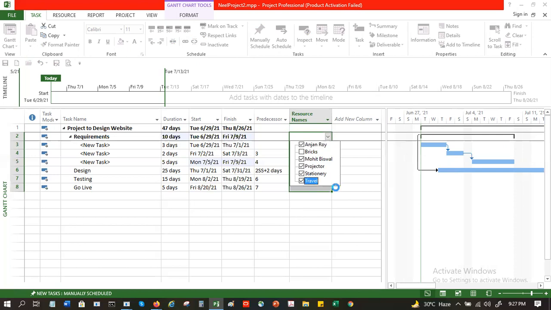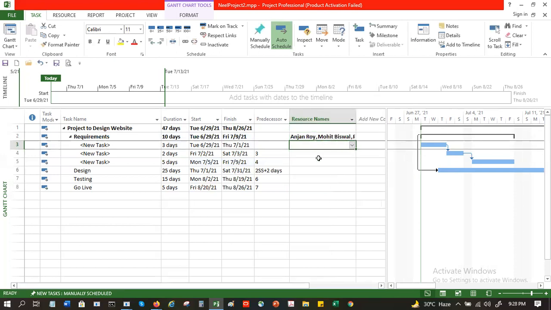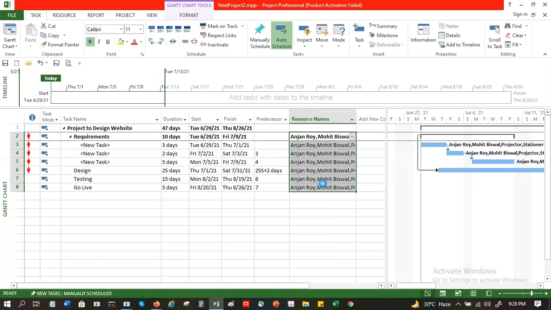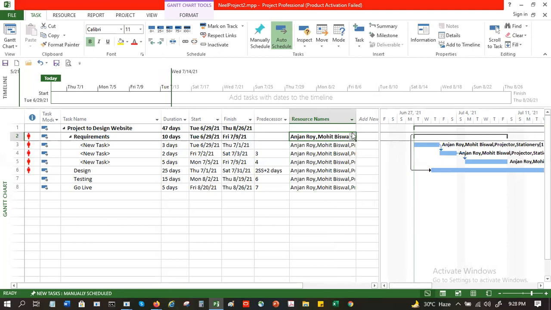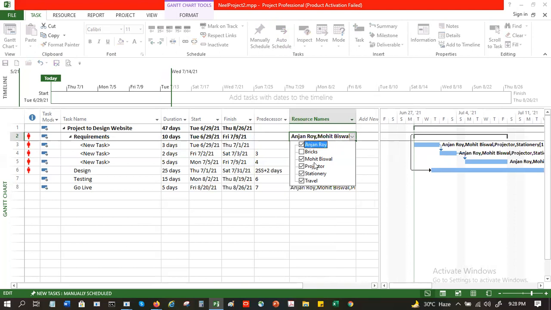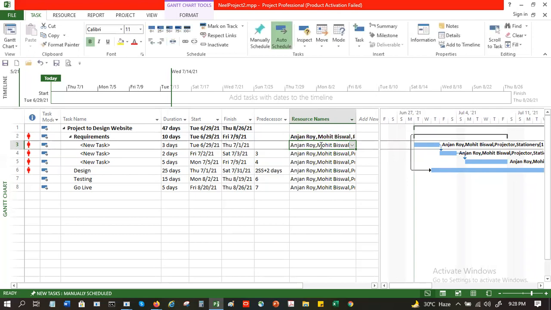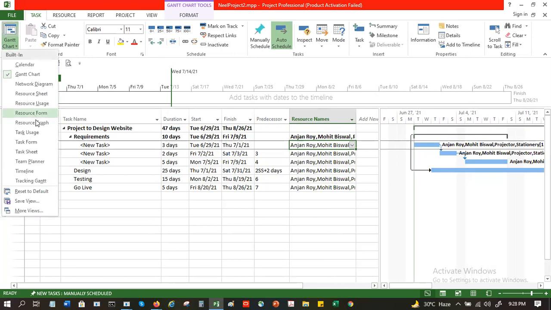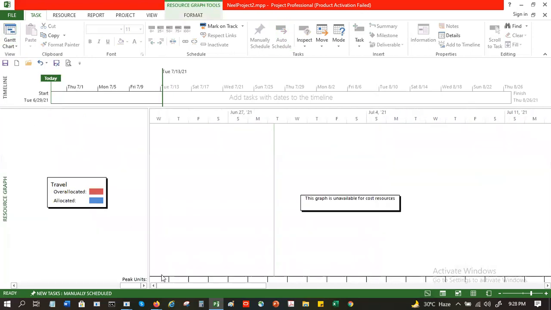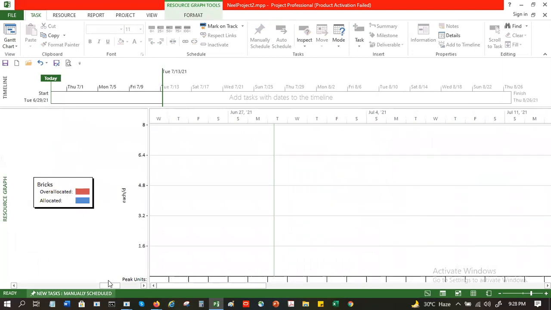So I can just assign them, from the drop-down menu, or I can do it from here also. I can just tick the ones that I need. Based on this, I can get a resource chart, a resource graph. This is basically the project timeline plus resource graph.